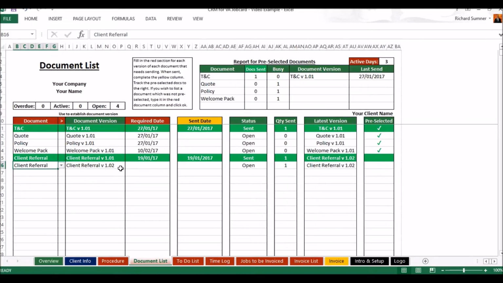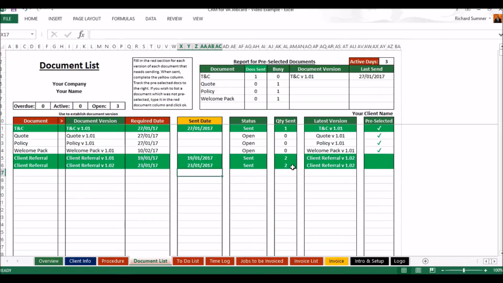This is now version 1.02. Let's say that one's due on the 23rd of January. So now it's active, and let's say you send that on the 23rd of January. So now you can see it sent 2 of them, and that's the latest version. So they all change to show the latest version. So wherever you find the client referral letter, you'll see there that's the latest version and the total number that